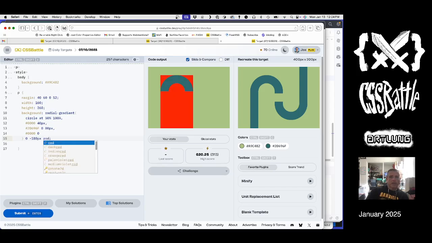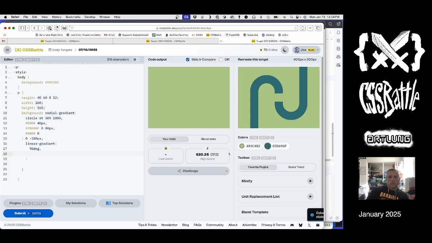So that's now in the background there. So now we need another part of the background. And in this case, what I'm going to do is a linear gradient. And then we're going to make some decisions about exactly how that's going to work. It's got to go left to right. So it's this color, and then